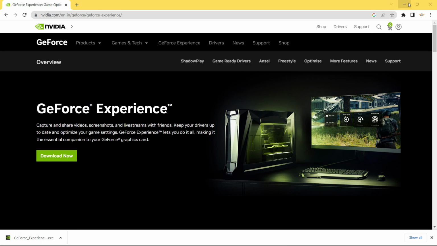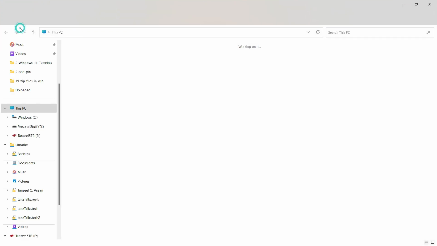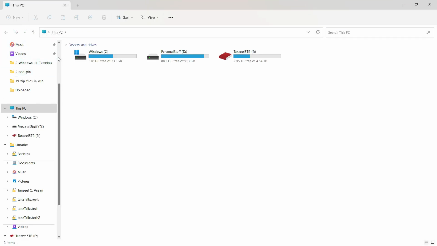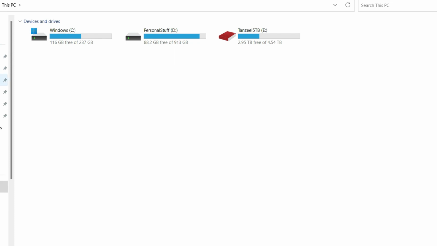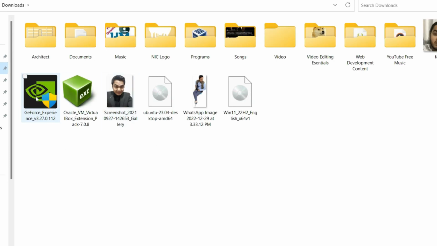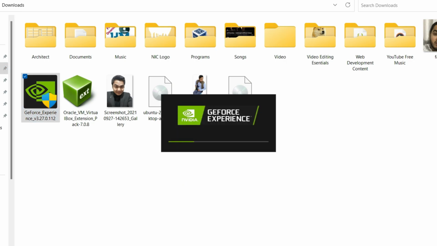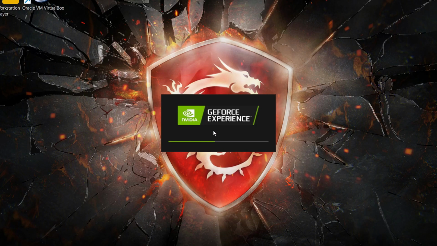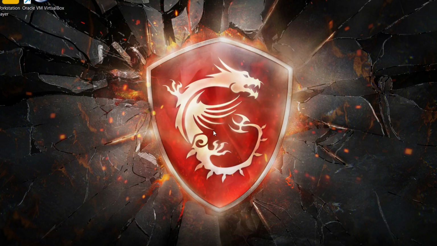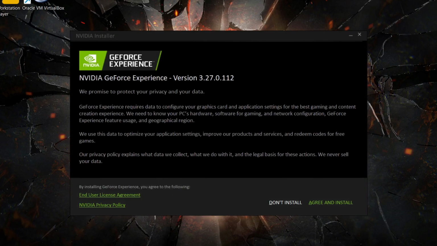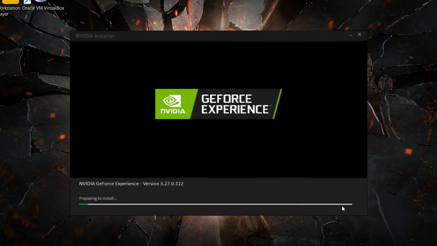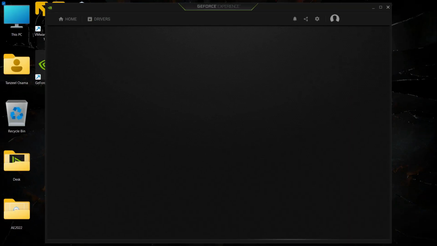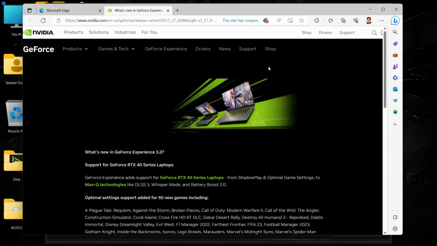Now once it has finished downloading, you can open your download folder or the place where you have downloaded your GeForce Experience software. Then just open up the setup installer, and from here you will just have to follow the on-screen instructions to proceed with the installation. There is nothing special to do here, so just click on agree and install. Now once the GeForce Experience software is installed,